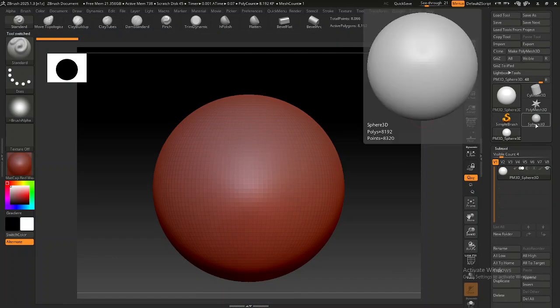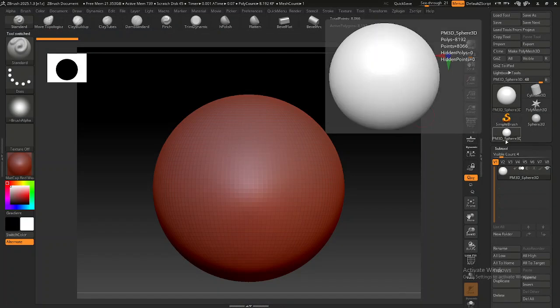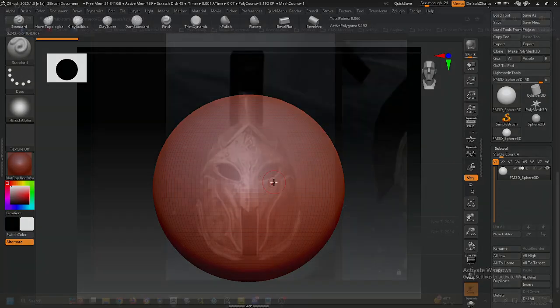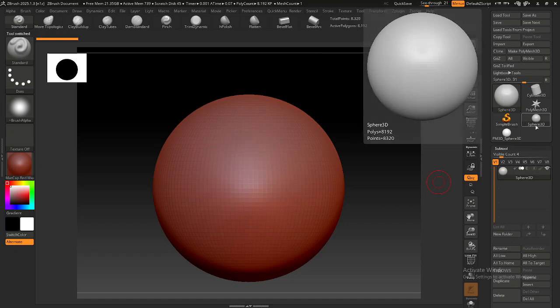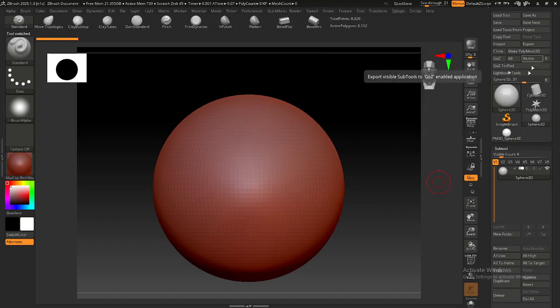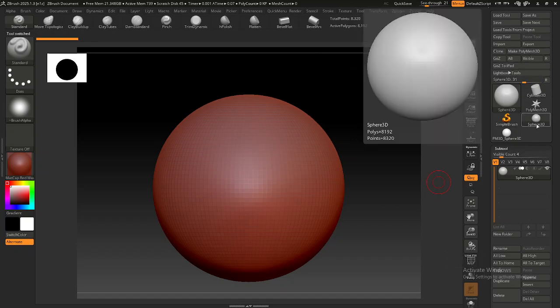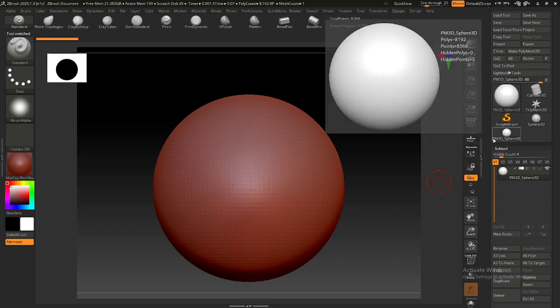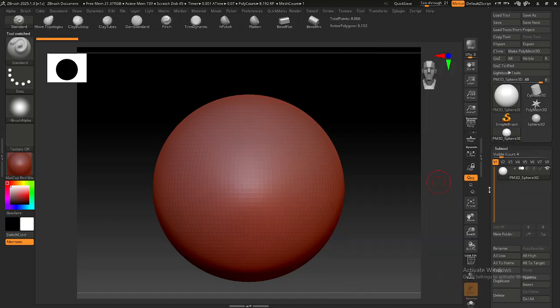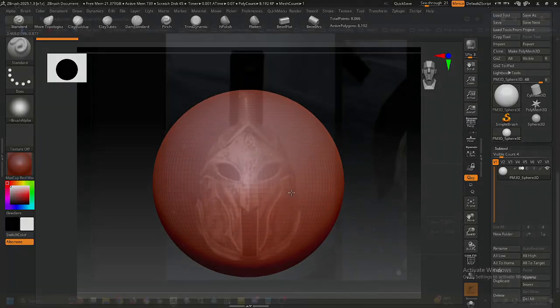So that turned Sphere 3D into PM 3D, Sphere 3D. Okay, so it's going to say PM when it does that? Yeah, PolyMesh 3D. I was on Sphere 3D, I clicked that button and it made a duplicate of it, and it calls it PM3D Sphere 3D. That way you don't have to keep hitting that button. Gotcha. Okay, so